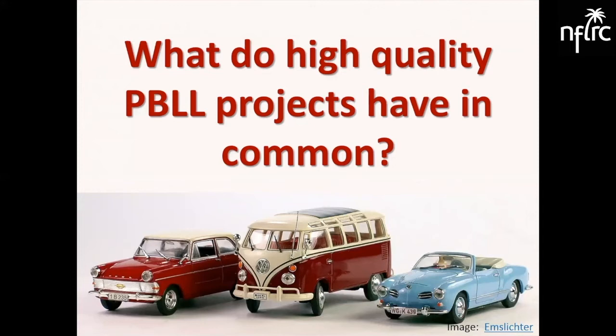Even though we can see that the blue one maybe has a purpose that's more for entertainment, whereas maybe the middle one, the van, is going to be more functional for transporting large numbers of people. Each one is going to have its advantages, its affordances, and its constraints. However, you'll notice that they all have headlights, they all have windshields, they all have tires. And we're going to look at what are some of the things that all high quality language projects are going